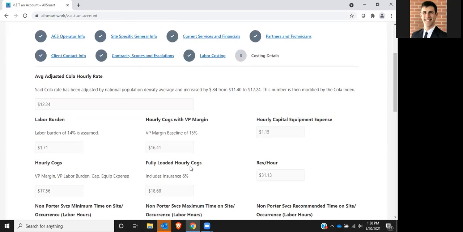And so Tom, one more time, if you can unmute your mic and just give us the brief summary of what this page is showing before we get to the directory. Yeah, absolutely. So this summary is going to be kicking out all of the information that you would have input inside of your vet, but it's basing your wage rates and your costing rates off of a few different metrics, including state population density,